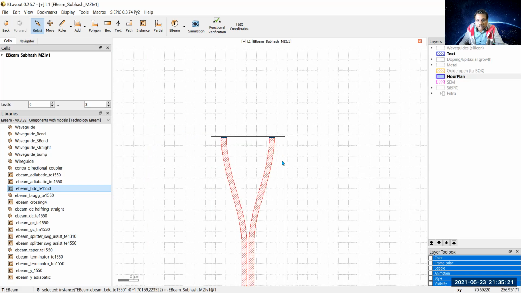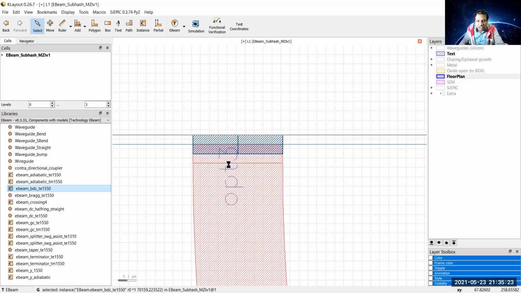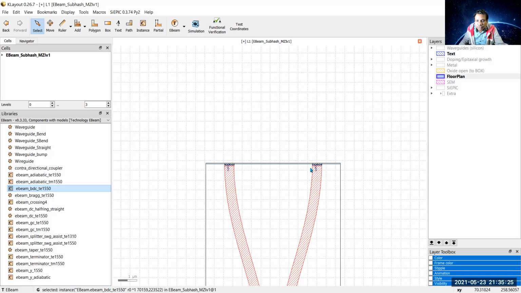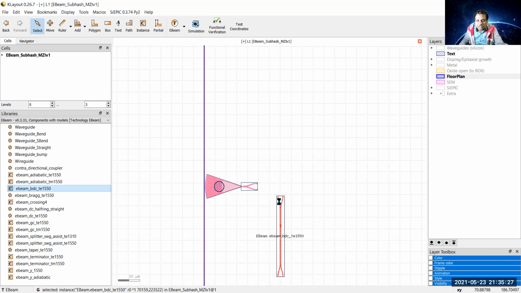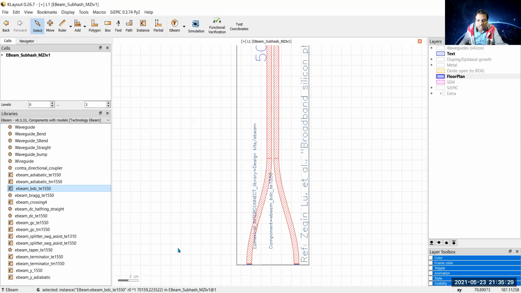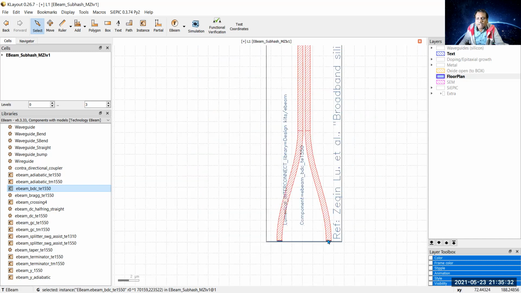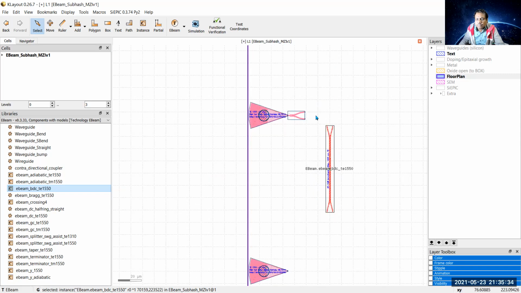You see here at the top, this is port 3 output and this is port 4, port 1 is here, port 2 is here. If I wish to connect port 1 and port 2 here at the Y branch, and port 3 and port 4 should work as output ports, I can rotate it by 270 degree.